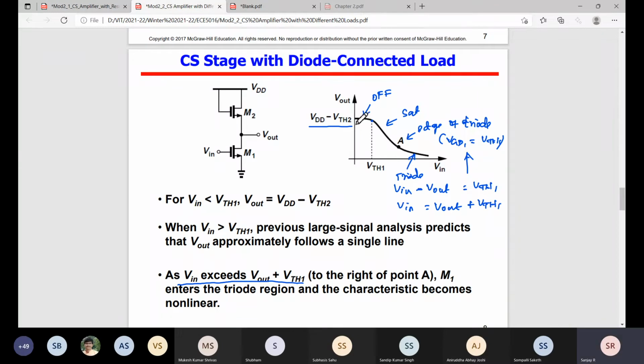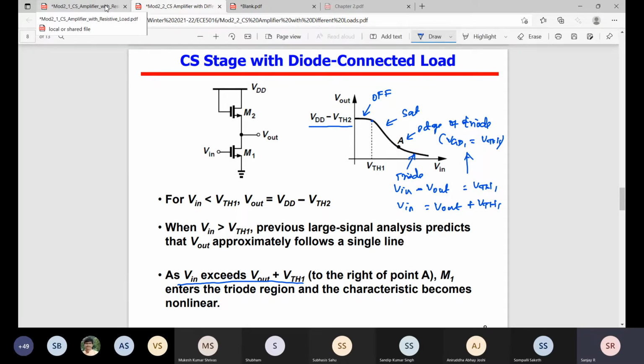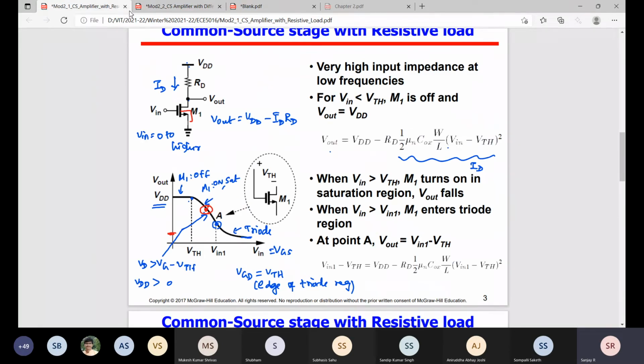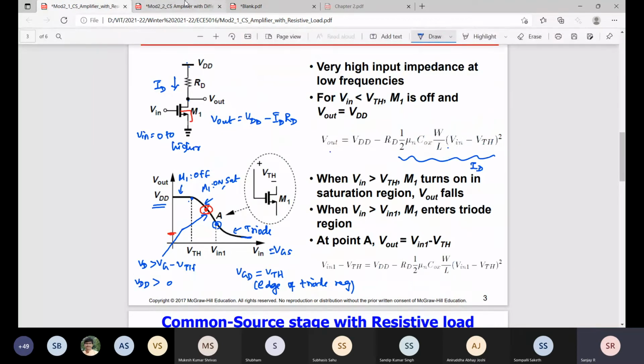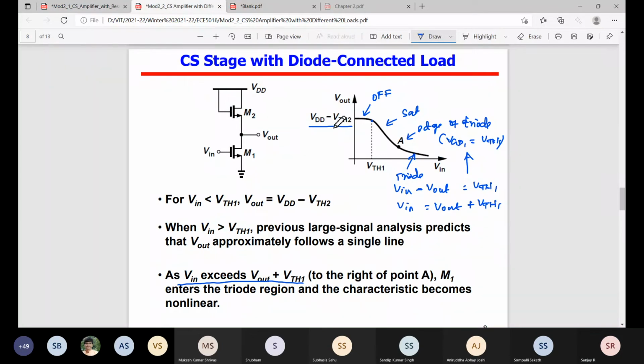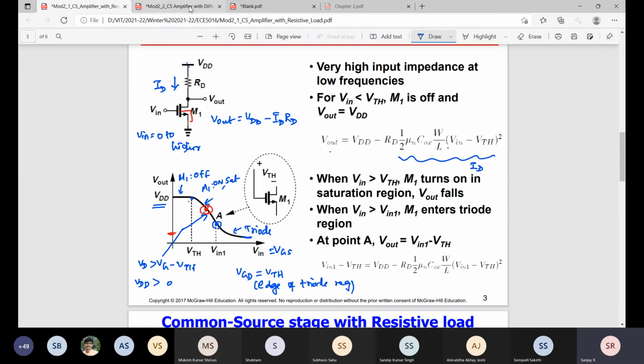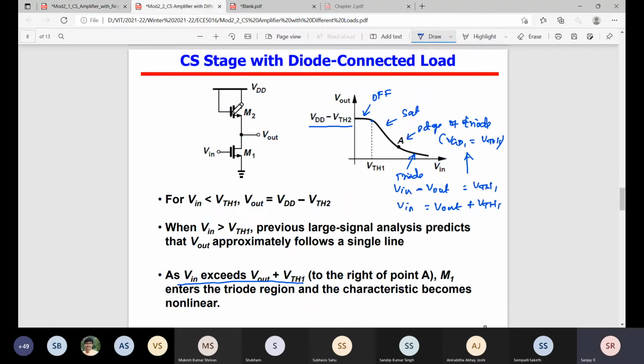Fine. So now I will ask one question. You can see this is the inverter characteristic. Which one can I use as an inverter from a digital perspective, which one is better, this one or this one? You studied the CMOS inverter, no? With M1 and a resistive M2. So which one do you use, a common source amplifier with a resistive load or a diode connected NMOS load? Which one is much better from a digital perspective? Resistive load. Why? Sir, because it gives the full swing voltage.